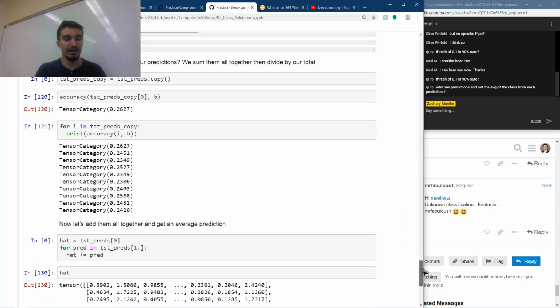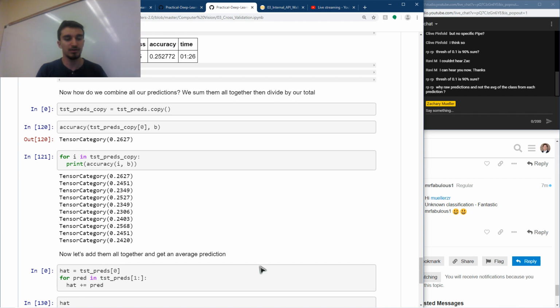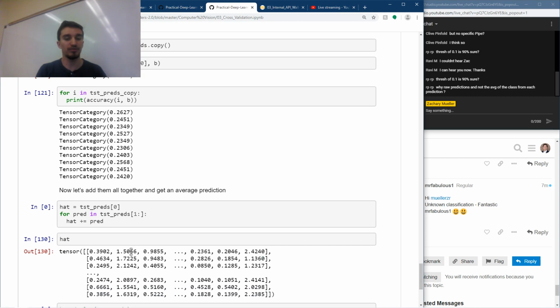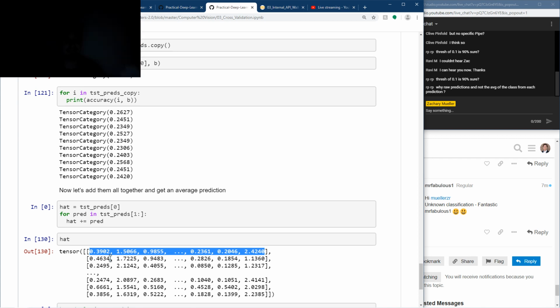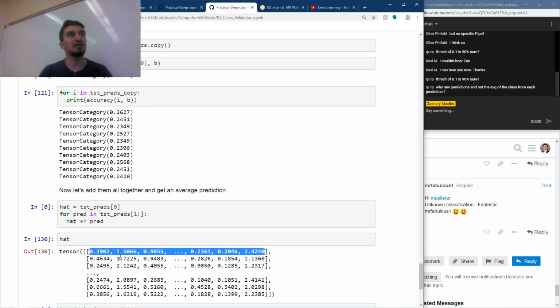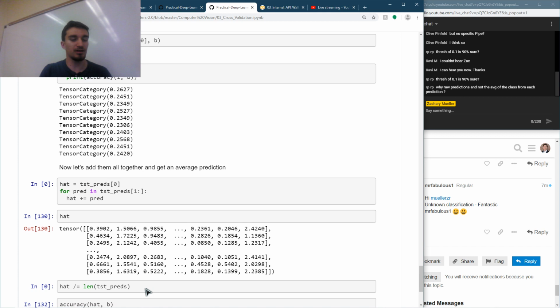So now we're going to go ahead and add all of them together. And if we look, this is what I meant by those raw predictions when we sum them together. So each of this is just one of the 10 classes. One moment. There we go. Well, I actually waited a lot longer than I thought it would this time around. So you can notice that it's no longer on a scale from 0 to 1. This is because we just summed them all together. And so now if we divide this by the total number of predictions that we had,